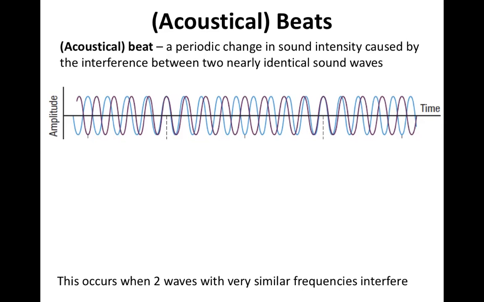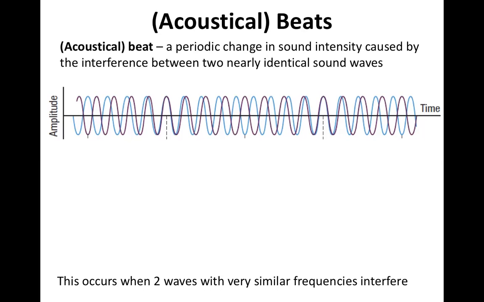And if we do that for the blue, let's locate a crest. 1, 2, 3, 4, 5, 6, 7, 8, 9. So 9 crests in a second. That's 9 hertz. So the purple one has 8 hertz, and the blue one has 9 hertz frequency. That's a slightly different frequency. So when we look at how they overlap,